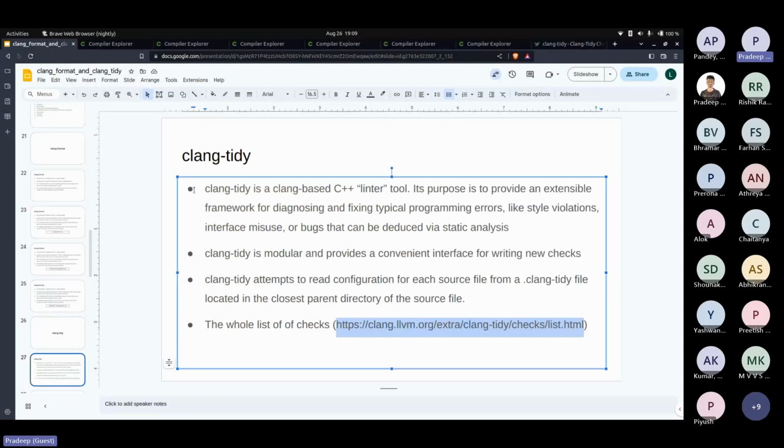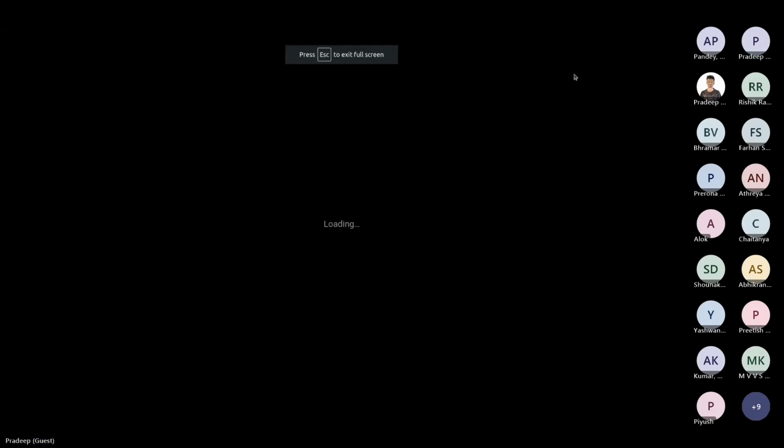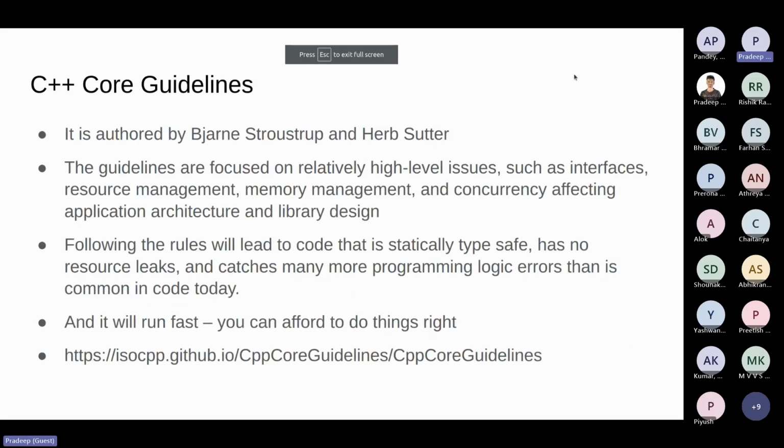And going back, we'll talk about one list of checks that are available that I would recommend you to use. That's called the C++ code guidelines. It's a document authored by Bjarne Stroustrup and Herb Sutter. The guidelines are focused on issues related to interfaces, resource management, memory management, concurrency, affecting the architecture and library design. This document lists out a set of rules that you need to follow to write safer